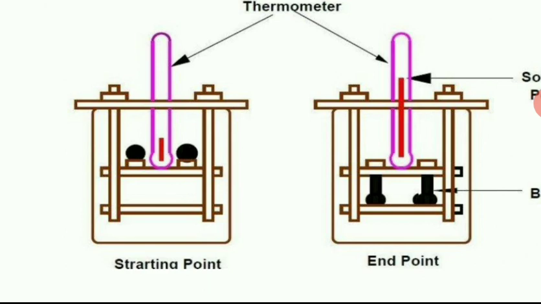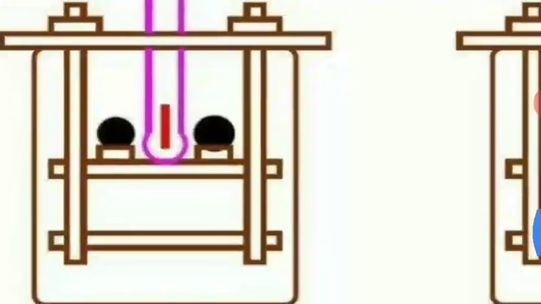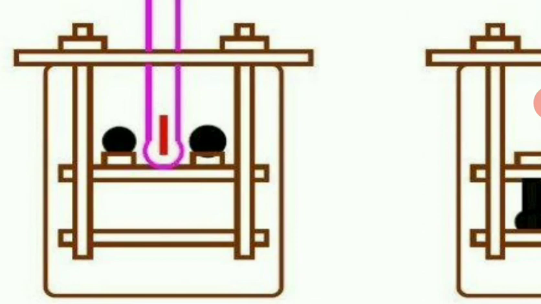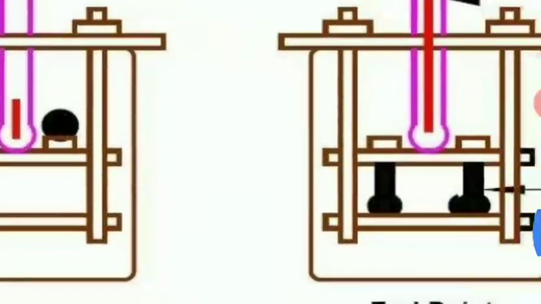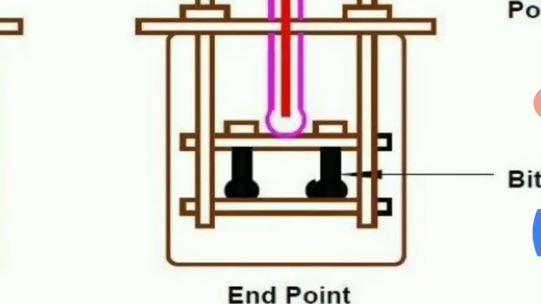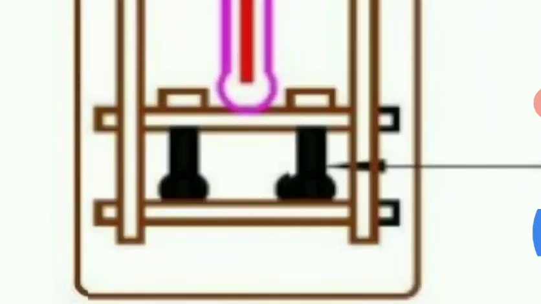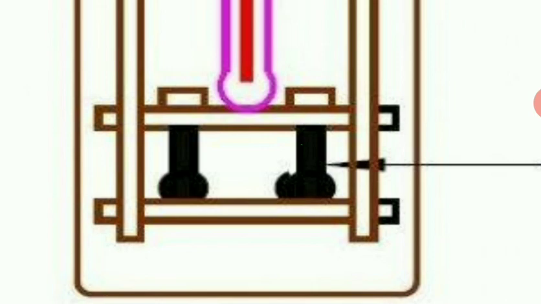At a certain temperature, these balls, as you can see here, will soften and pass through the ring, and then touch the bottom plate. You can see the bottom plate here. After providing a certain amount of heat, the ball crosses the ring and touches the bottom plate. Here you can see the top plate and the bottom plate, and the distance between the two will be 2.5 centimeters.